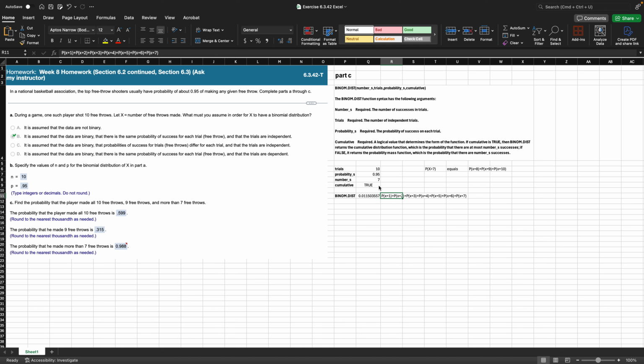So how does that help us with this problem? With this problem, we're trying to do x greater than 7. So notice, if we were to sum this plus this, we get all our possible successes. That would equal 1 if we sum them all together. So that means that the probability of x greater than 7 is equal to 1 minus the probability of x